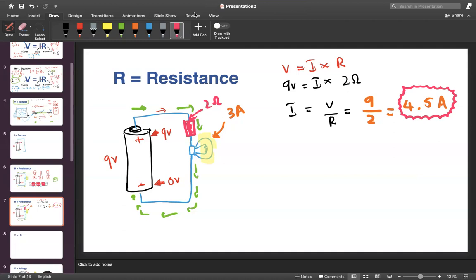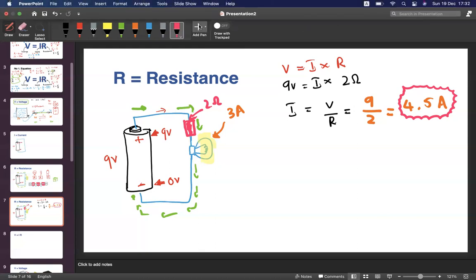Right. So now you tell me, what should I do? I can't change the voltage. The only battery that I have is a 9 volt battery. And I only have this one bulb. I can't use another bulb. I only have this bulb, right? So what can I do now? Can you tell me what can I do now? Just suggest, what can I do? It can be wrong. That's completely fine.